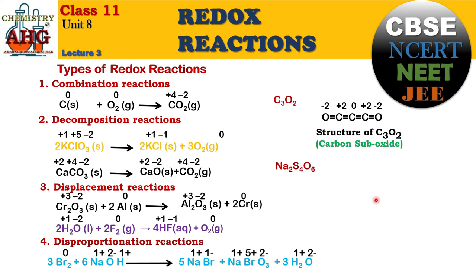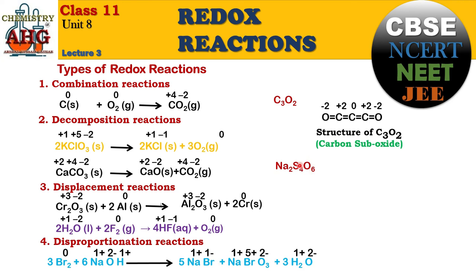Okay students, if you have solved this example, what you can see from this formula is that oxygen is -2, but there are 6 oxygens. -2 into 6 is -12. Sodium can neutralize how much charge? +2, because each sodium can provide +1, and there are 2. So the total was -12, +2, which gives -10. The -10 charge of oxygen is still unneutralized.